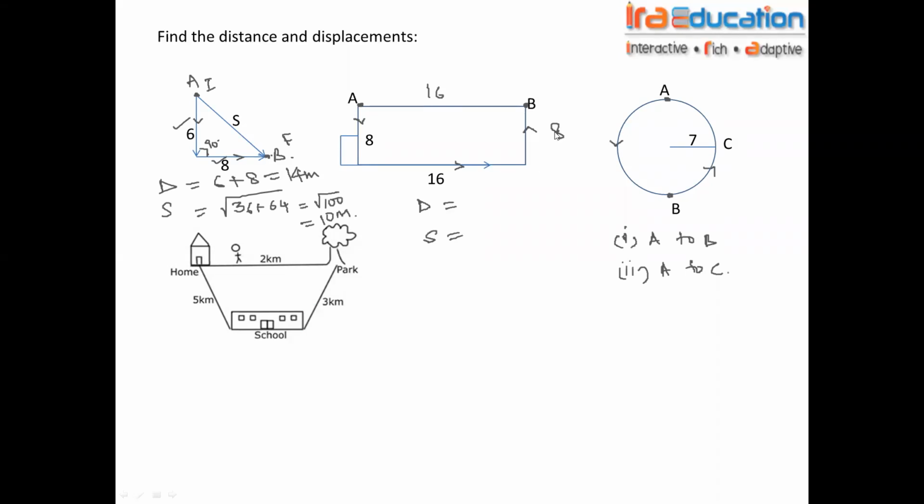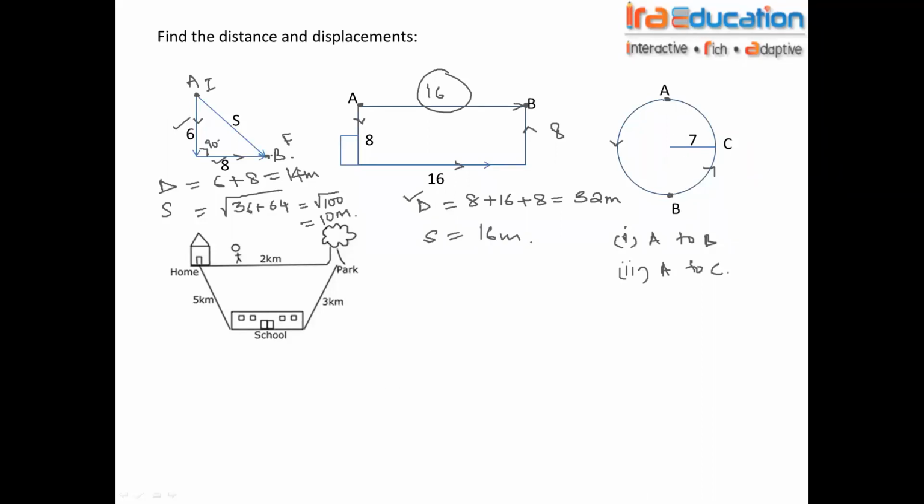Okay. So guys, this is a rectangle over here. Path of the body is from A to B along this direction. You can see the arrow marks, right? So the distance is path length. Path is 8 plus 16 plus 8. That will be how much? 32 meters. So this is the length of the path. That is what is distance. But displacement is not the length of the path. Displacement is a straight line from initial point to final point. That is nothing but 16. Hope you are understanding.